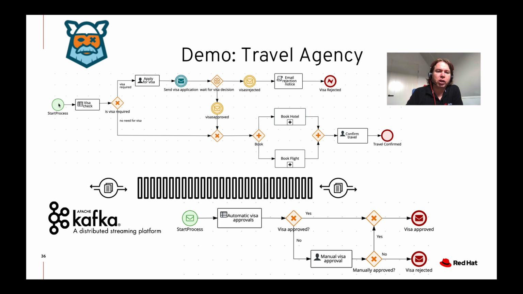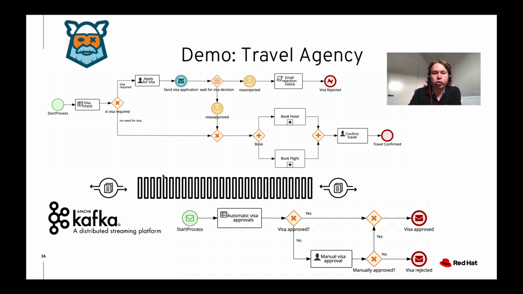And what you can see is when the process starts over here, we first do a visa check. And then we have a gateway that checks whether for this person a visa is required. Once a visa is required, somebody applies for the visa. So there's a human task that you need to execute to apply for that visa. And here's where it becomes very interesting. This is a message sent event. And what we do here is, based on simply this icon in your BPMN file and some configuration in your application properties file, we generate a Kafka producer, a small reactive messaging producer, which will send